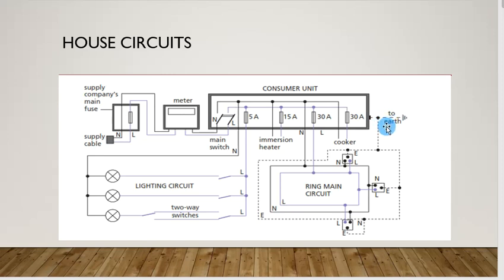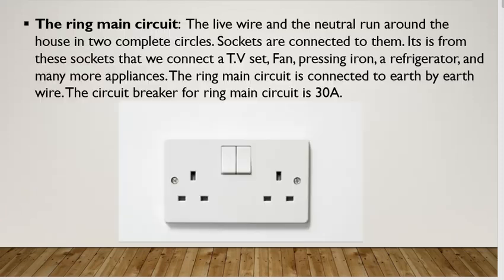Okay, all right, so we have looked at the three main circuits found in a standard house: the ring main circuit, the lighting circuit, and the cooker circuit. Now we can move a step further and look at the 3-pin plug. Remember we said the point from where we tap power is a socket like this one. So it has 3 pins that are supposed to enter here. The one on top here is the earthing, this one could be the neutral, and the other one could be the live.